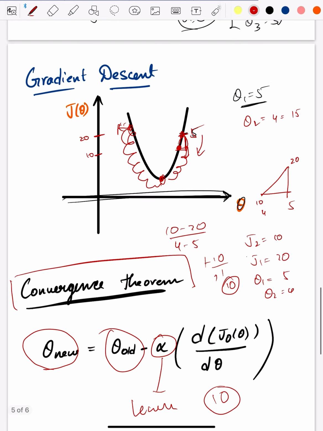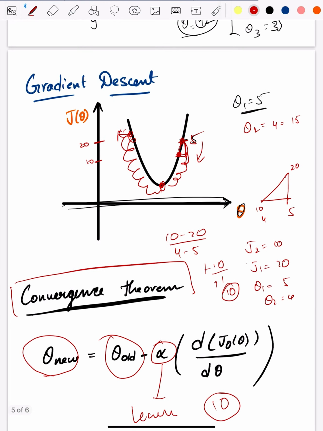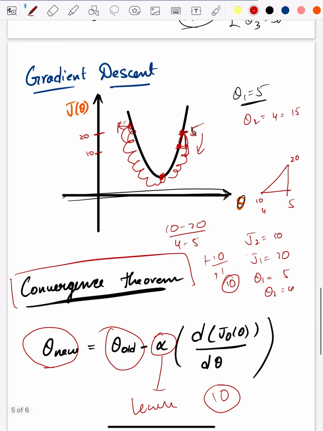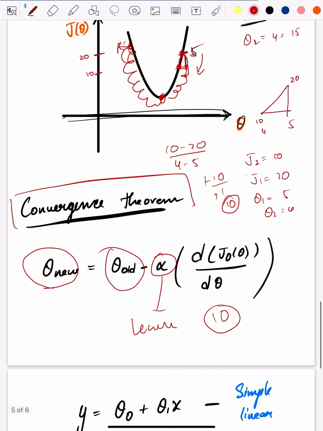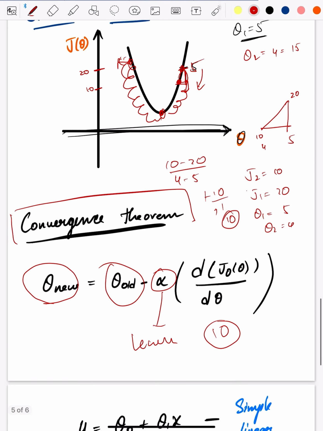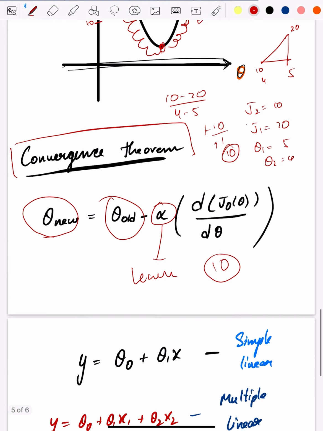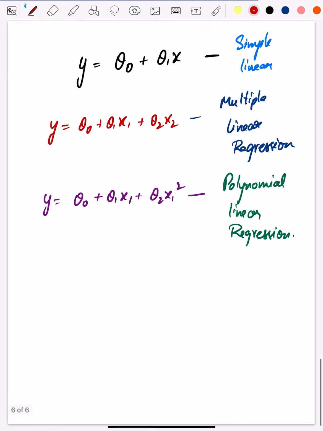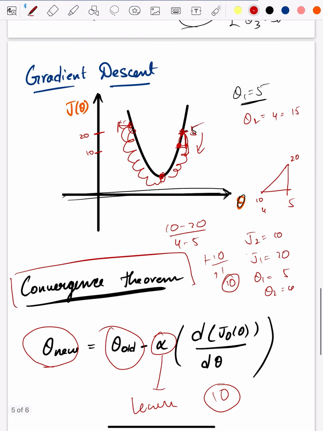So I hope I explained gradient descent decently. Let me know if you have any queries. I think you guys need a different video on the concept of gradient descent because it's a very big topic. I could explain it with a better example, but I'll try to do that in a different video. To explain linear regression, I'll try to stick to a little bit of basics. So we came to the end of the video. Hope you guys liked it so far.